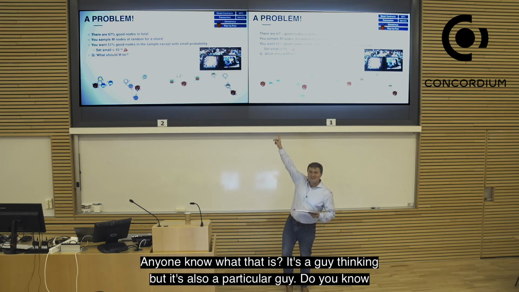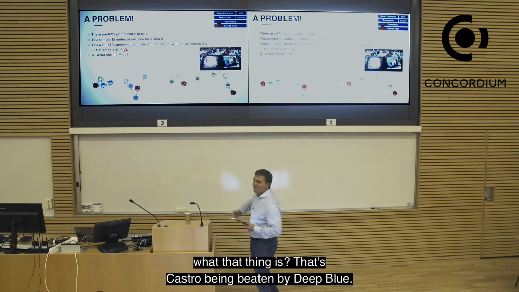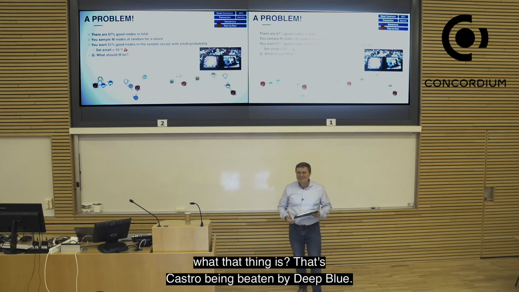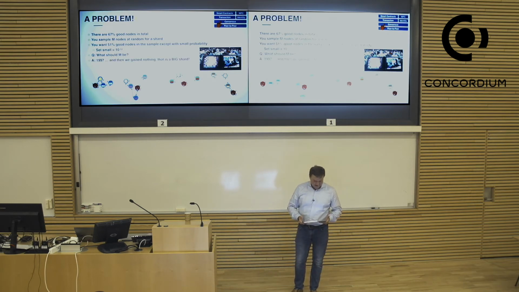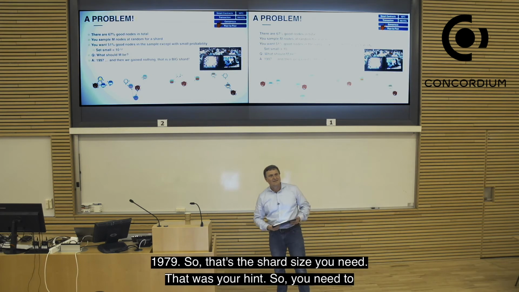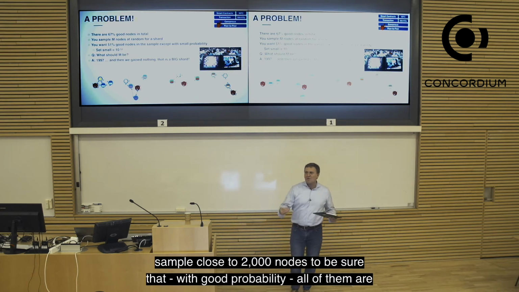Anyone know what that is? It's a guy thinking, but it's a particular guy. Do you know what that thing is? Yeah, that's Kasparov being beaten by Deep Blue. Anyone remember the year that happened? 1979. So that's the shard size you need. That was the hint. So you need to sample close to 2,000 nodes to be sure that with good probability